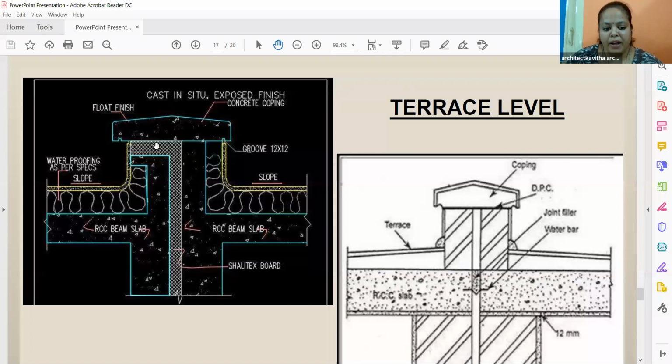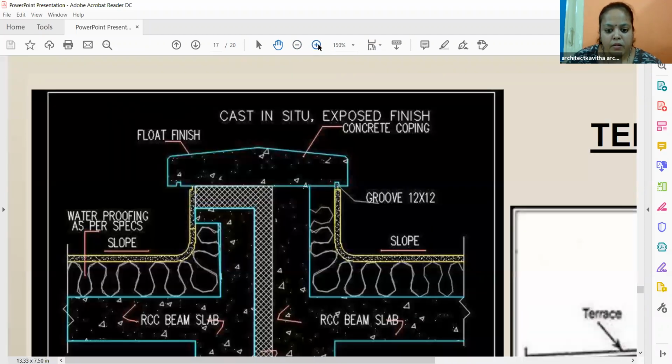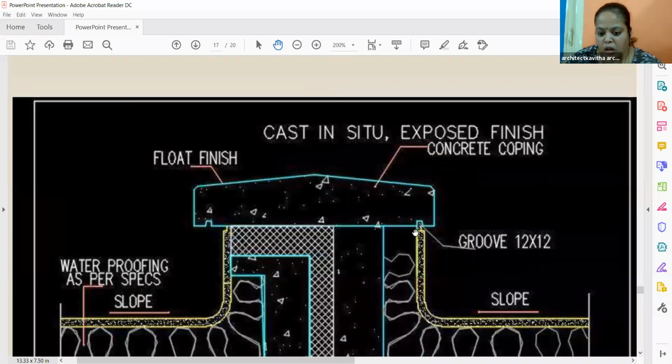So if you see, there is a break in the RCC. If there is a movement, only one side will move. So this is one way, and then they are giving waterproofing. Even here, if you see, this is also a kind of joint. They're giving a small groove so that the water will not go backside or go into the structure. Here also there's a small groove, here also a small groove. So it will not let any water coming on the roof come down. Okay. So this is one type you can give on your terrace level.